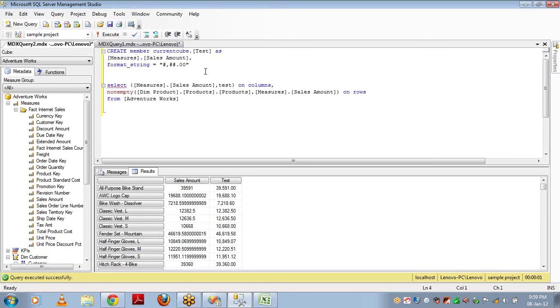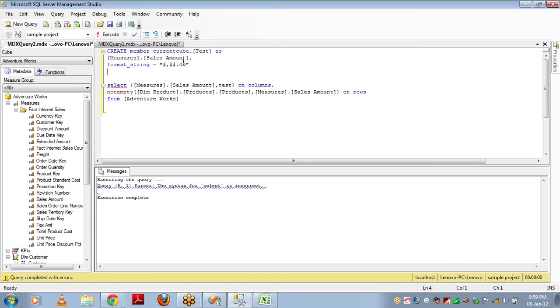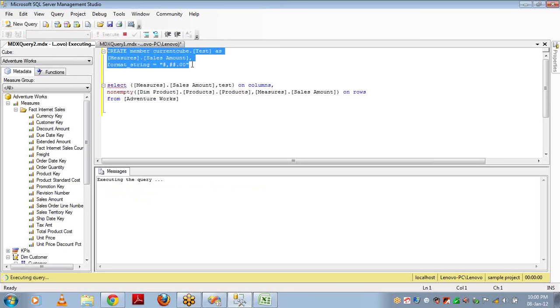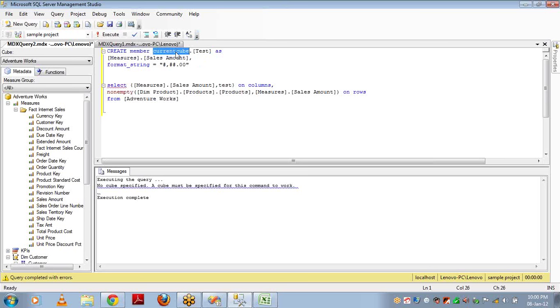This is one way of writing the syntax, and let me check whether it is working fine or not. It says no cube specified. A cube must be specified for the command to work. I've given it as current cube, but instead of that, it is asking me to give the cube name.